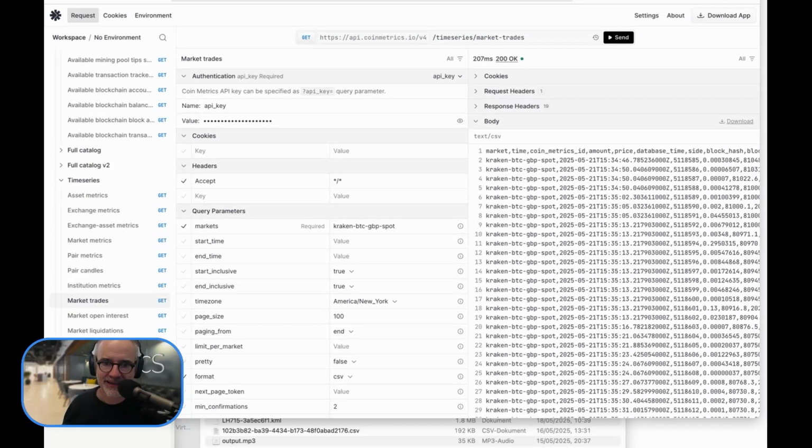Bonus feature. You can also change the format to CSV, and then this output of the API will be delivered as CSV, which you can download and save as a CSV file on your computer, and then later import into Excel, Google Sheets, etc. So that way you don't need to rely on any technical resource to use our API